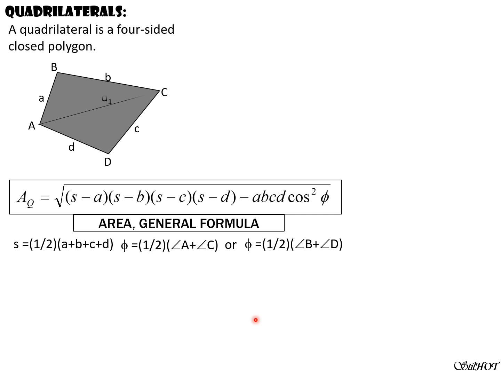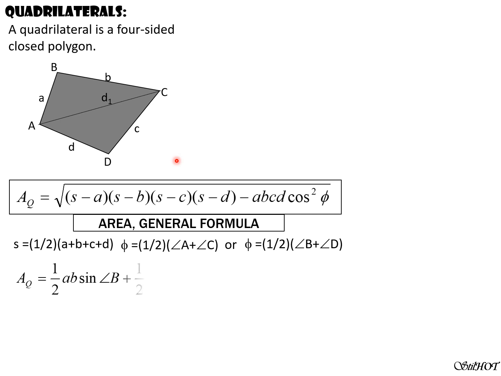quadrilateral, if this is the dividing line and this dividing line has length D1, which is the diagonal, then it divides the quadrilateral into triangles. If angles B and D are known, then we can compute the area of the quadrilateral as simply the sum of the areas of these two triangles. And it is 1/2 AB sine of angle B. Remember, area of a triangle is 1/2 the product of adjacent sides times the sine of the included angle.